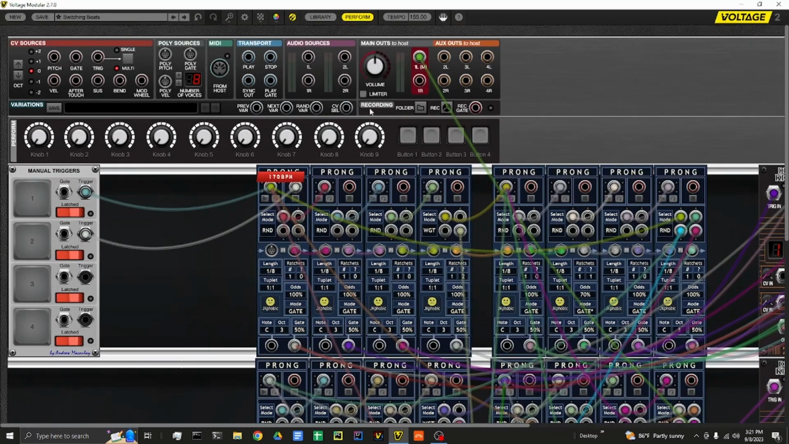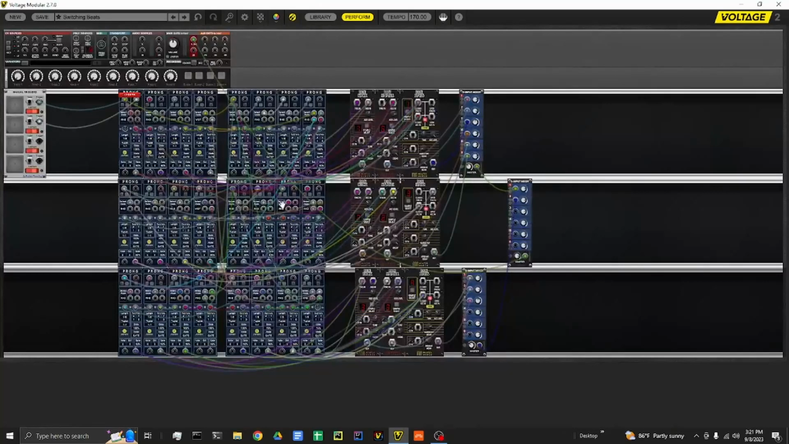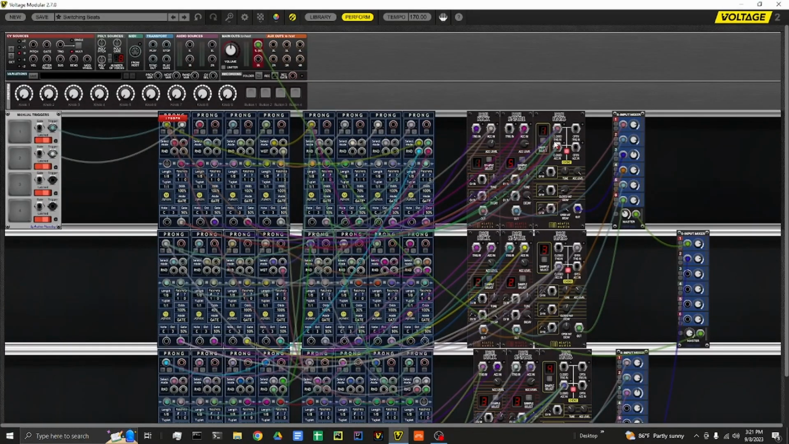All right, so in making these demos, I discovered that the tempo doesn't save with the patch, and I'm not sure if that's a bug or a feature. But anyway, you have to remember to change the tempo at the beginning. So this is 3 different